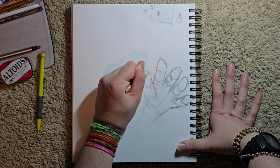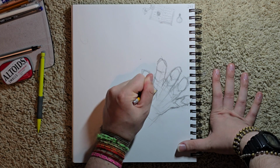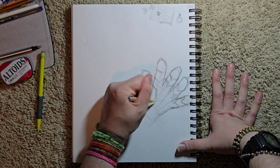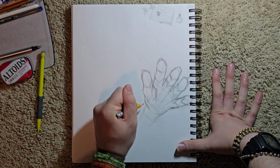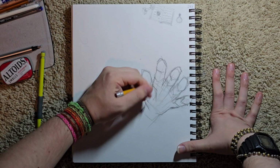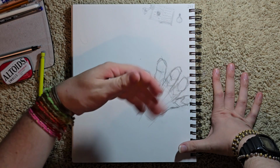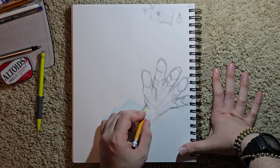Here's this. Could maybe point this thumb a little bit like this too. I like this thumb, but I don't really like the rest of the hand. I feel like it doesn't fit the thumb. But also the glove would go out at the ends. There would maybe be